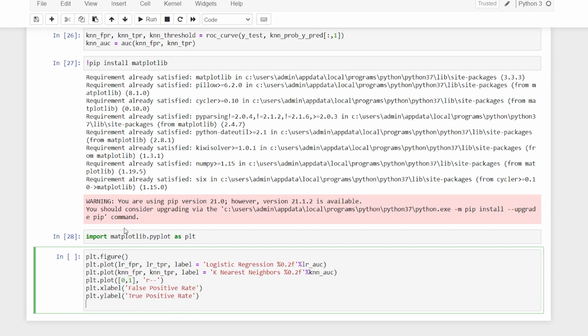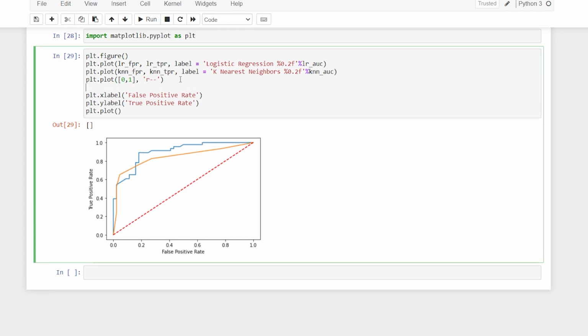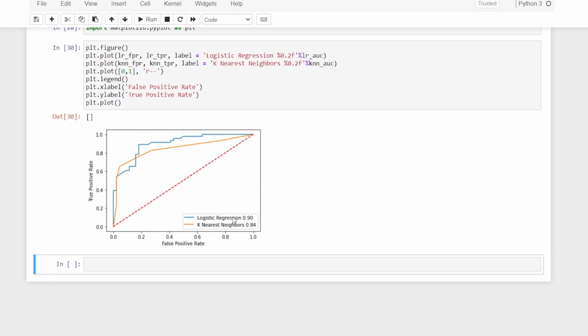This is just the data visualization so that you can see that curve in practice. And now the last thing, plt.plot, and we have it. I don't have the labels showing, so here I'll say plt.legend and activate it. And we have it.